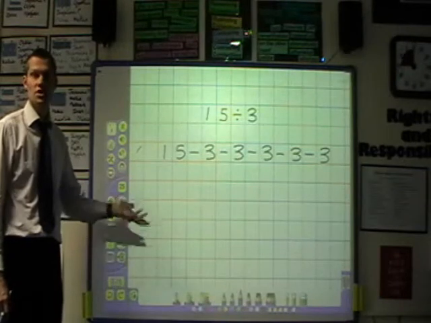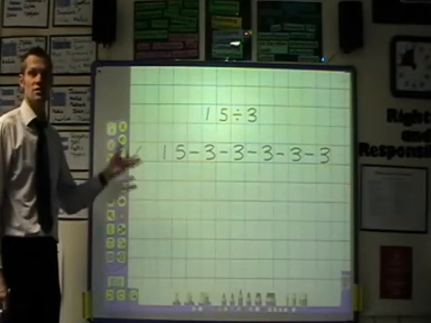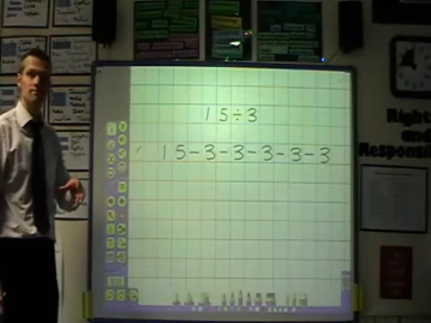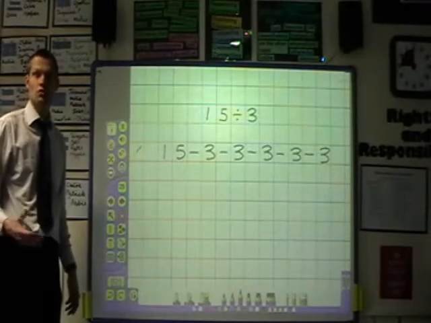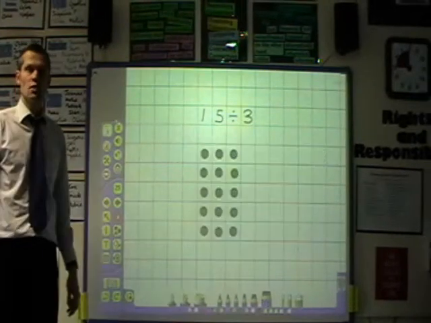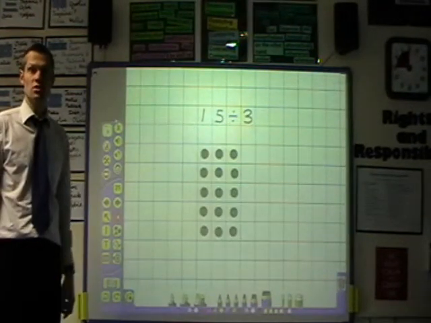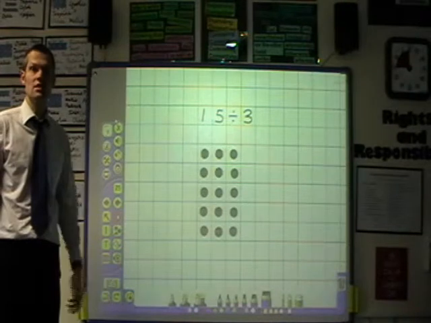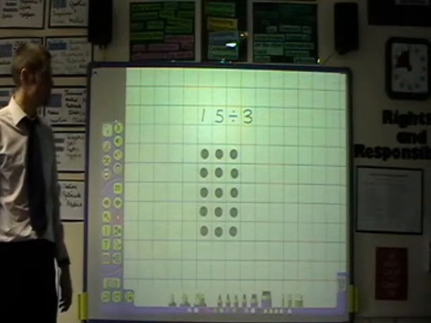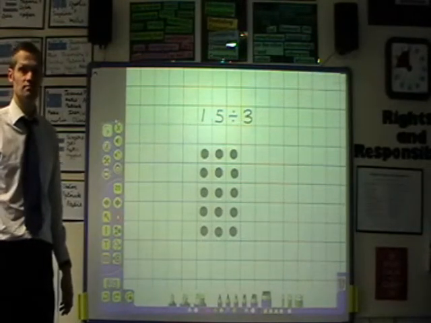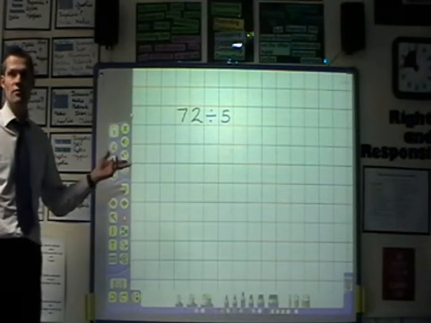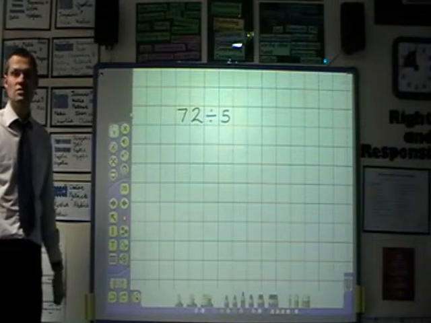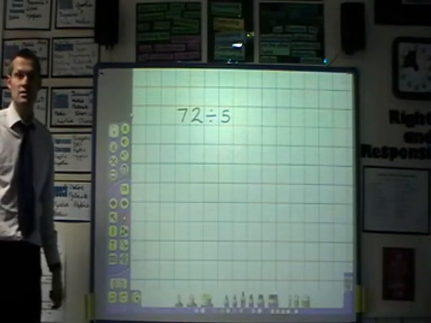Resources are often used, in this example, to take away groups of 3. And the language of sharing and lots or groups of is used a lot. Arrays are also used to help younger children, or older ones still struggling, to see the relationship between division and multiplication. With larger calculations, for example 72 divided by 5, we continue to teach the children to subtract, but rather